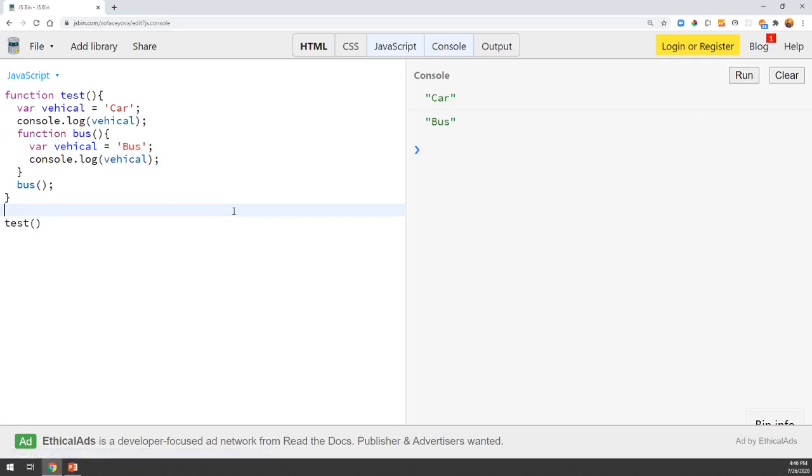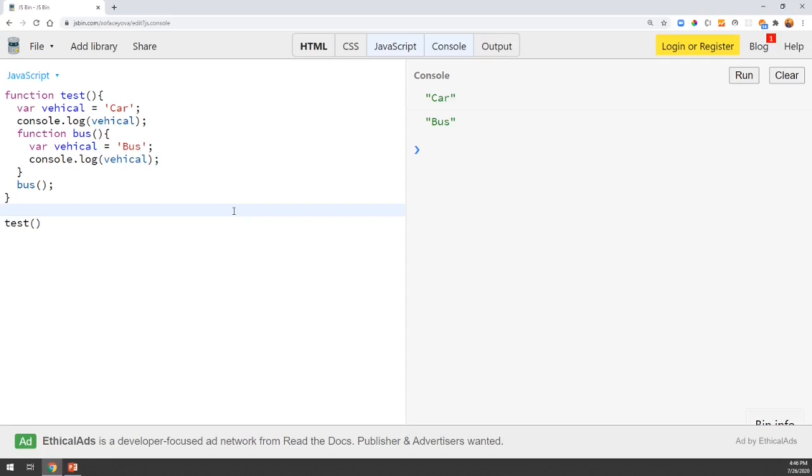So we can see car and bus. In this case we have the vehicle variable defined and declared inside our inner function as well. So when JavaScript runs, it will first check the local variable.